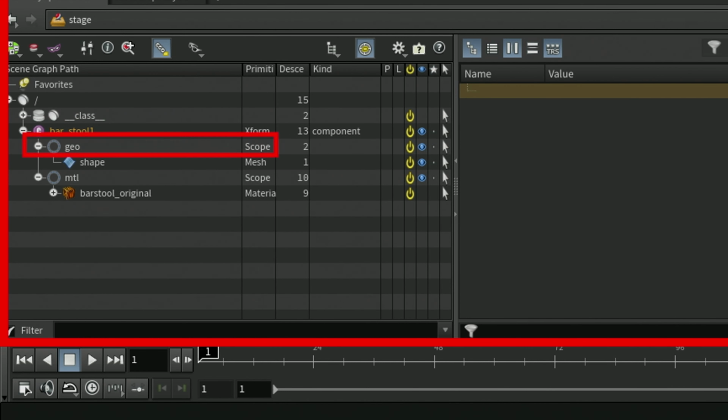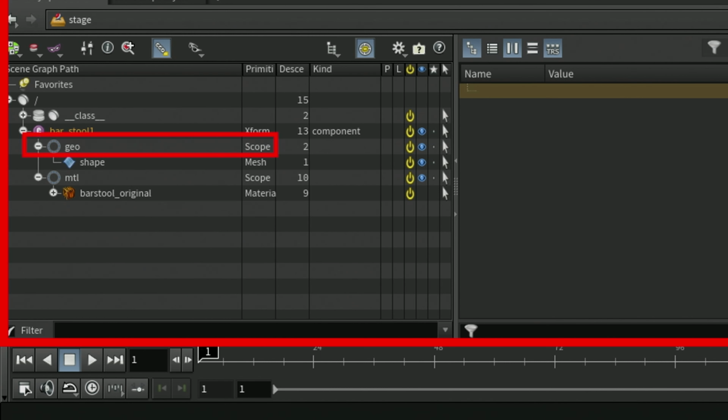Underneath the barstool transform primitive, we have a primitive named geo. And it has a special primitive type called scope. The scope primitive is a very basic primitive. It is used to organize your scene graph tree.